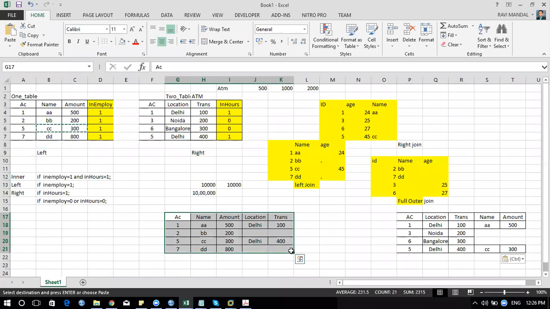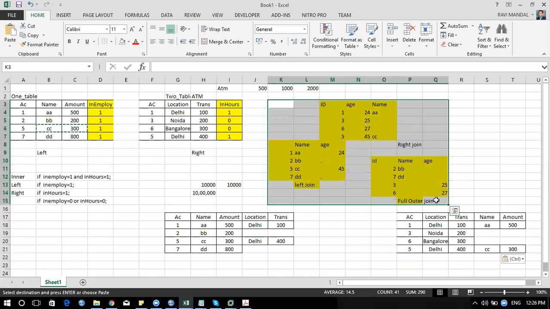Getting it? And from the right table, I'll get the information like this. Correct? Got it? Able to get it?